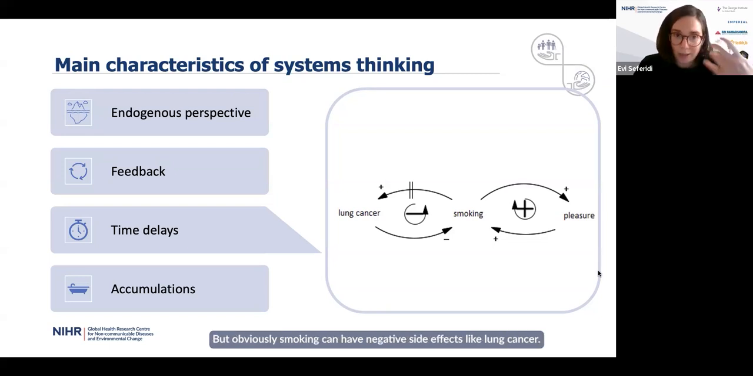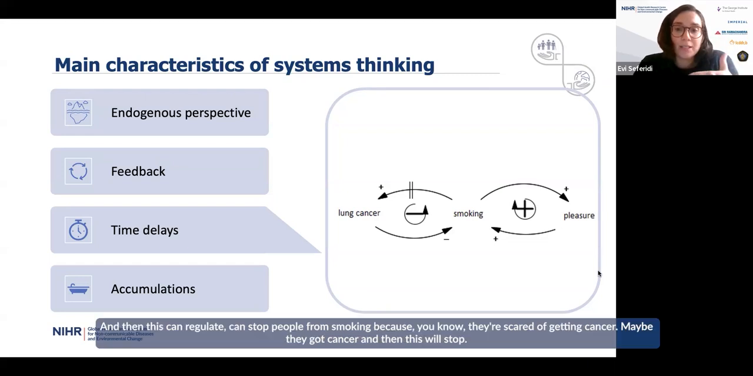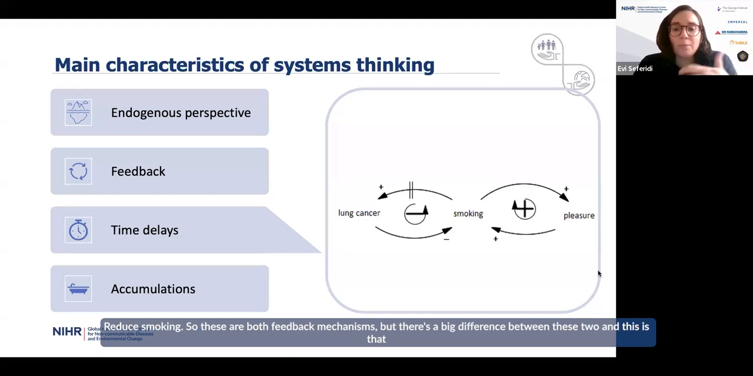But obviously smoking can have negative side effects like lung cancer. And then this can stop people from smoking because they're scared of getting cancer, maybe they got cancer, and then this will reduce smoking. So these are both feedback mechanisms, but there's a big difference between these two, and this is that